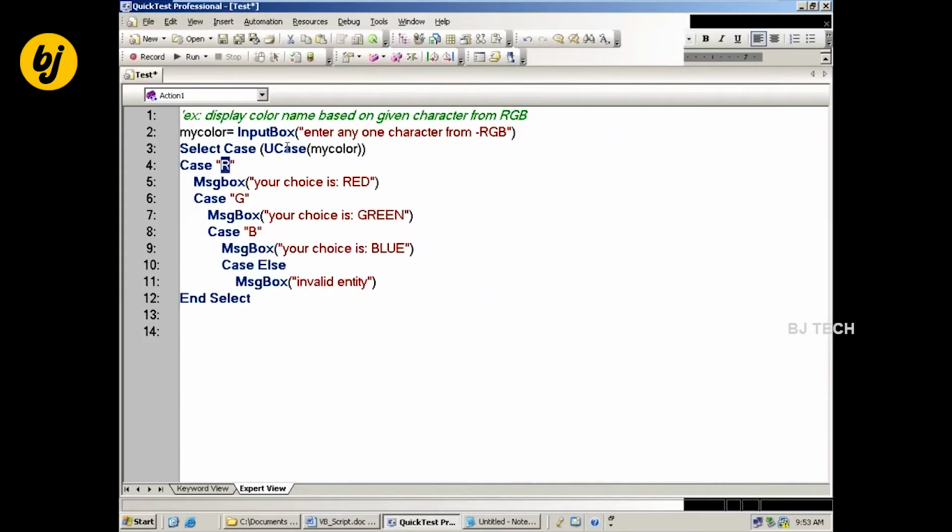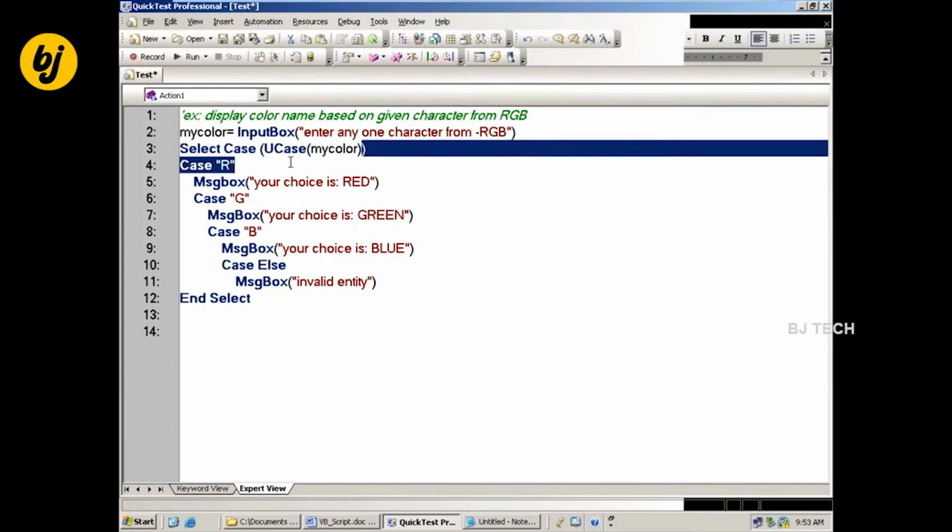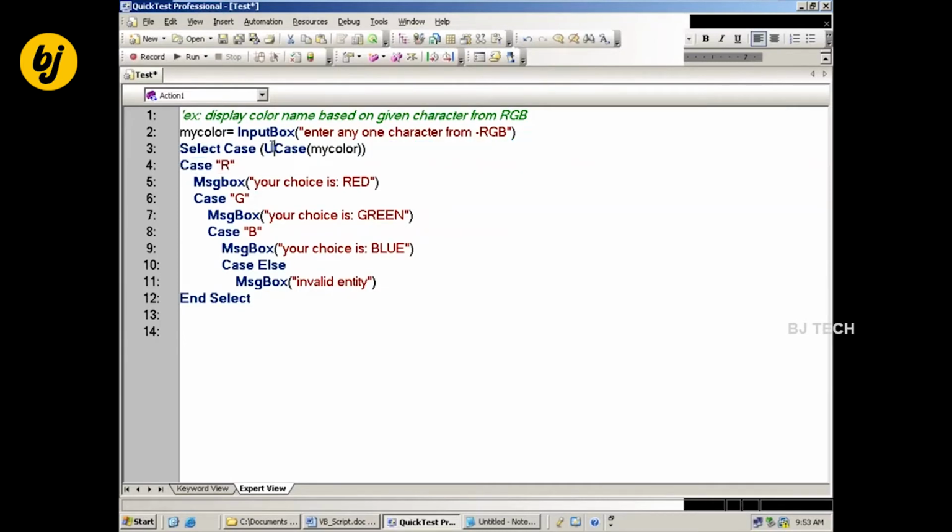My color is equal to input box that we are getting from the user. Instead, if I have some condition which returns -1, 0, 1, like that, so some string compares to something and it returns -1, 0, 1. I store it in one variable, right? That variable we have to give directly here. So instead of giving that variable, can I give the condition? Direct condition you can give. If it returns some value, that value you can give as the expression here.